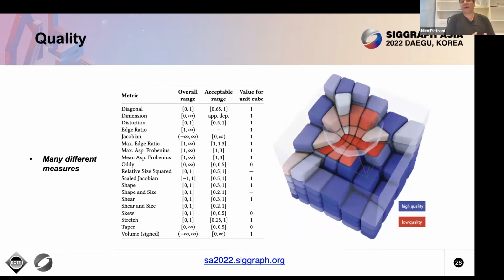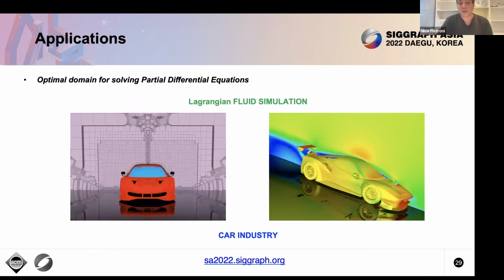I don't want to go into detail, but there are a lot of different quality measures. Some of them are more tolerant with respect to elongated cells. Some of them measure other kinds of characteristics of the cell. Usually, people rely on the Jacobian, right, or the scaled Jacobian. Those are the more common measures used in the literature, but there are many others if you want to visualize different aspects of the cell. This is the set of measures that are also implemented in XLab, as I will show later. So, okay, right now we talked about structure and quality of hexahedral elements,